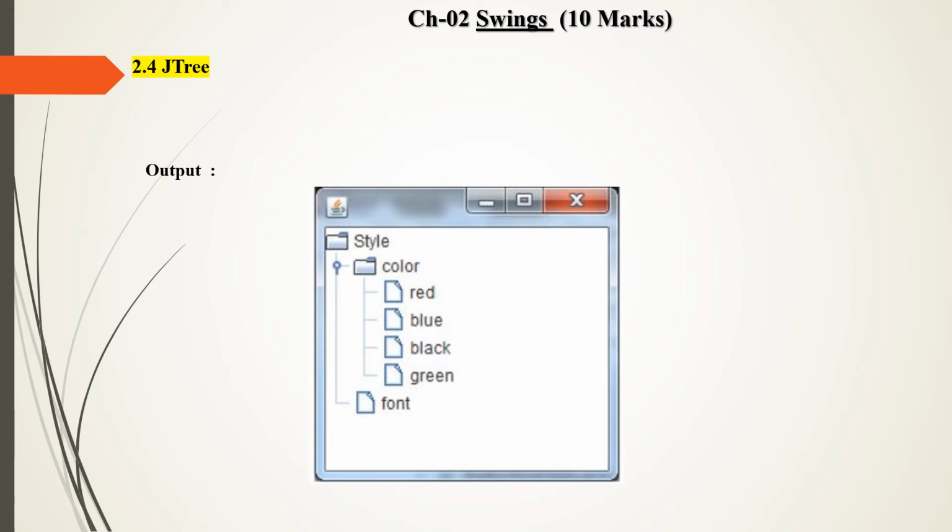Here style is our root node, and in style there are two subnodes, color and font, and in color there are four subnodes, red, blue, black and green. So this is a simple program of JTree. Remember one thing, the class DefaultMutableTreeNode is used to create a new node in the tree.